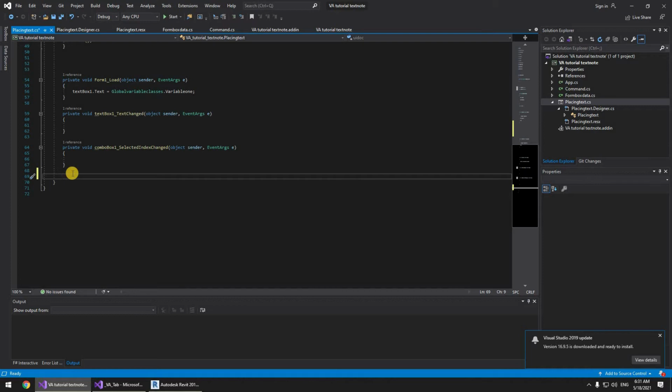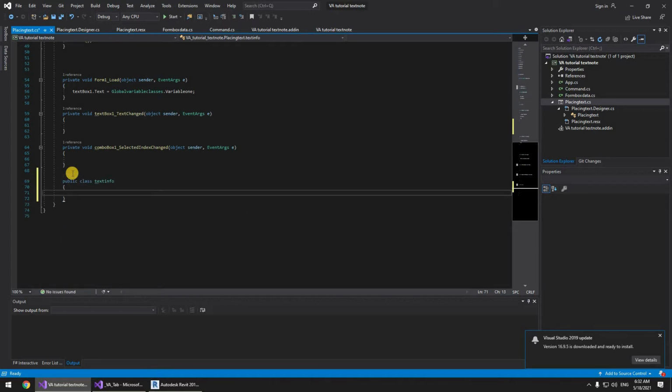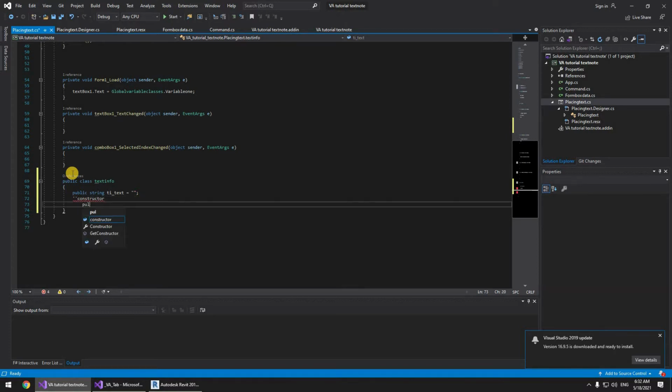So first thing, we're going to be creating a class. We're going to name it text info, so it's a public class. First we need to type in public class text info, public string ti text, just an empty string, and public text info quotes, and